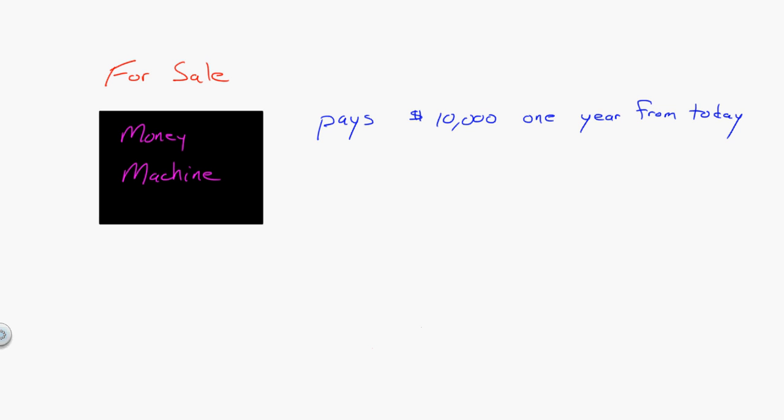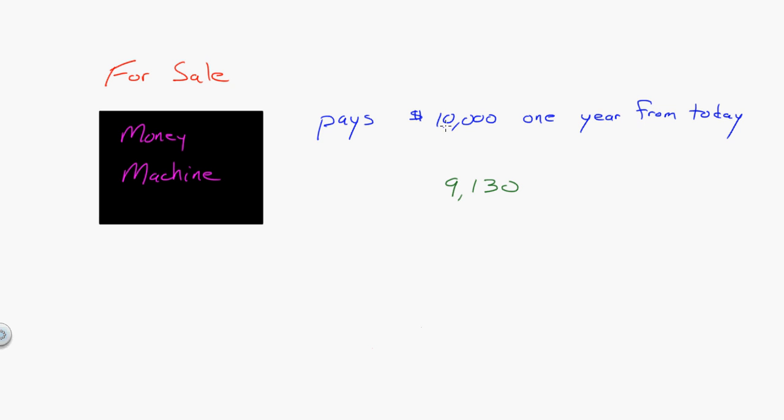I'm trying to find the value of it. So there are three concepts I want to get across real quickly. So let's just say I have for sale this money machine. It's going to pay $10,000 exactly 1 year from today. You have no question. You're 100% convinced and guaranteed this will pay $10,000 1 year from today. How much will you pay for that machine today? So what will you give me for the machine today? Let's just say that I put this thing up for bid and it winds up that people are willing to pay $9,130 for it.